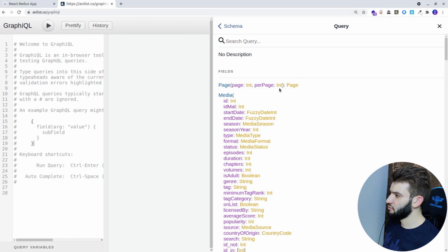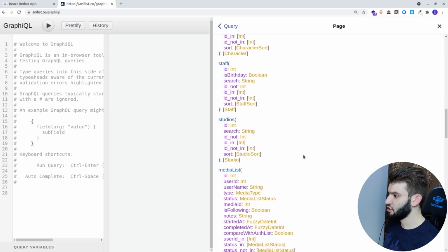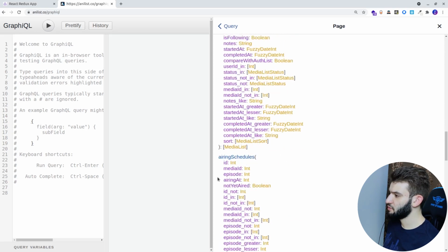So this page, you just use this query with a page number, so it has some pagination going on behind the scenes, so you can go 0, 1, 2, and you can paginate throughout this using the per page in here, and you can have whatever per page you want. Now the page, if you take a look at it, it does have media, it has users for that page. It has staff, characters, studios, media list,